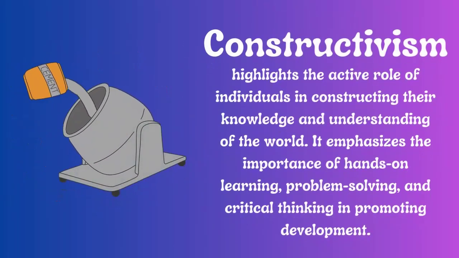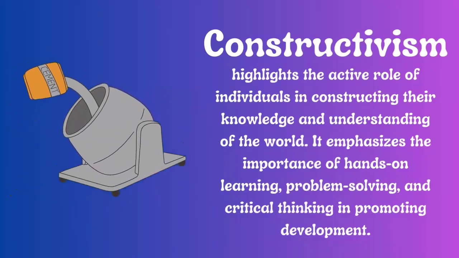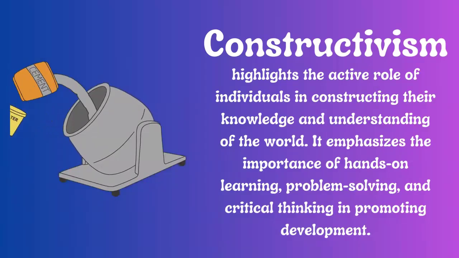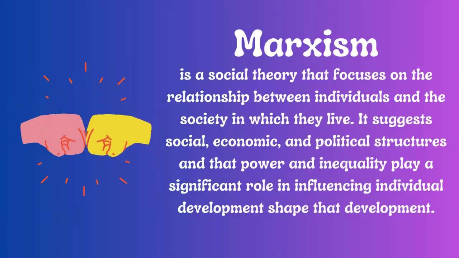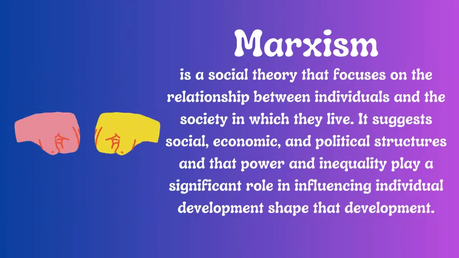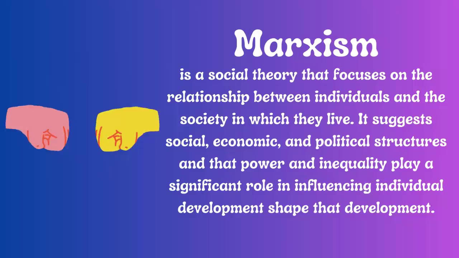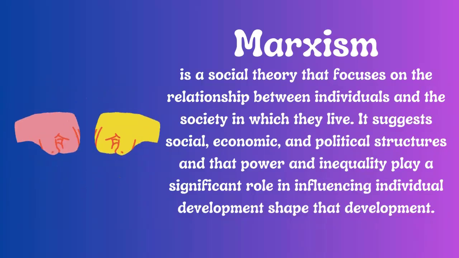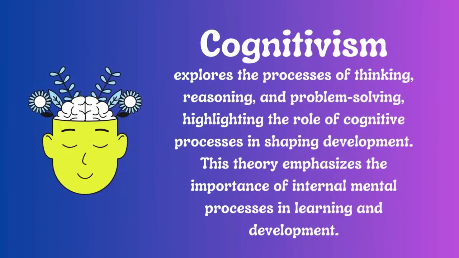Constructivism highlights the active role of individuals in constructing their knowledge and understanding of the world. It emphasizes the importance of hands-on learning, problem-solving, and critical thinking in promoting development. Marxism is a social theory that focuses on the relationship between individuals and the society in which they live. It suggests that social, economic, and political structures, and that power and inequality, play a significant role in shaping individual development. Cognitivism explores the processes of thinking, reasoning, and problem-solving,